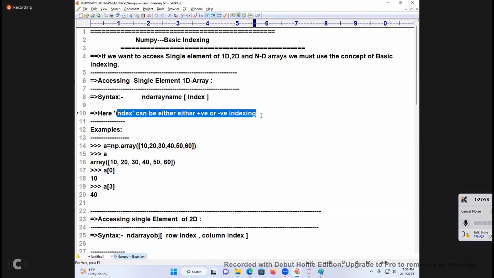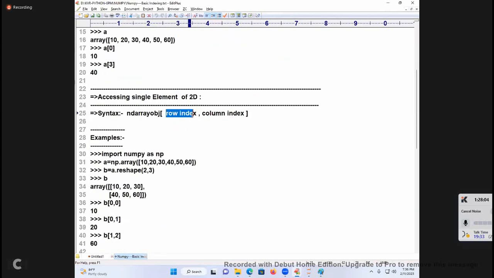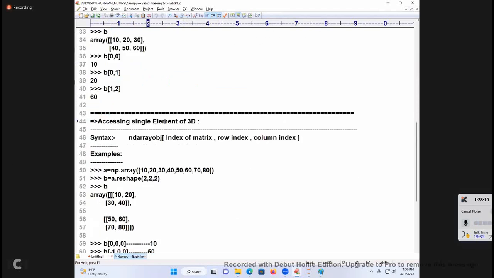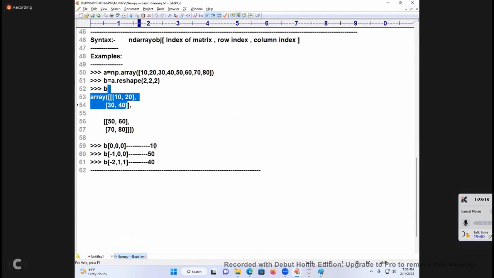Index can be either positive or negative. Accessing a single element of 2D: row index, column index, comma, syntaxes, examples. Accessing the elements of 2D, index of matrix: row index, column index. These are the values. Understand?